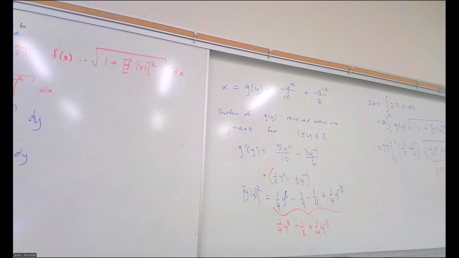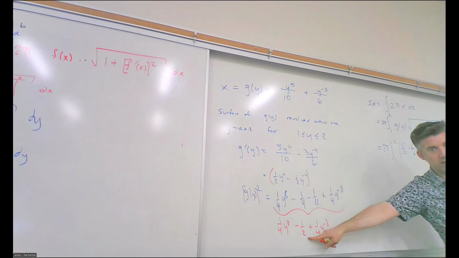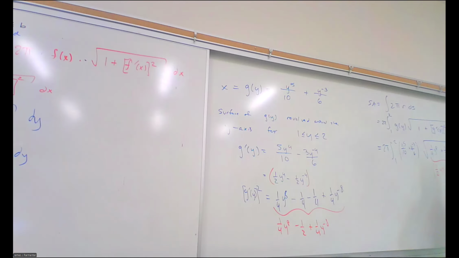That is the usual pattern that happens with these arc length and surface area problems, if they've been set up nicely. Inside, the 1 plus g prime squared, or f prime squared, you end up getting your g prime squared, and then when you add 1, it just changes the negative 1/2 to a positive 1/2, and then it factors back out nicely, almost exactly the same way we factored it in. So this ends up equaling